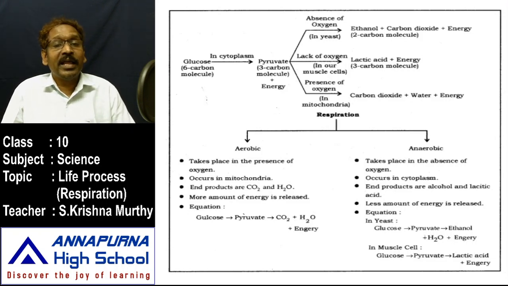Then, to get energy, our body muscles produce lactic acid from the pyruvate. With the lack of oxygen, our muscles produce some lactic acid, and the pyruvate reacts along with it and releases energy. Through that energy we can run, we can walk, we can keep going until we reach the goal. So in the absence or lack of oxygen, our muscles release lactic acid and some amount of energy.